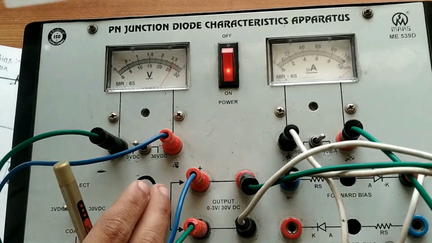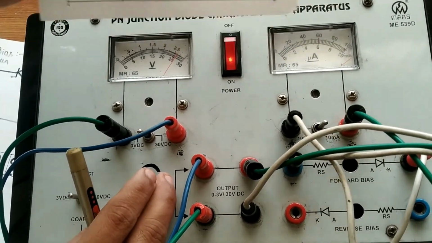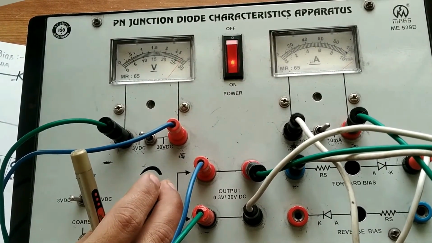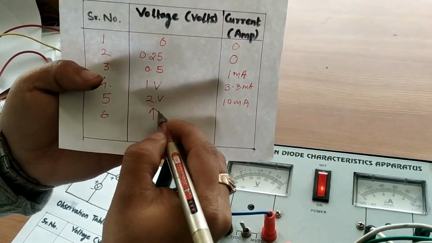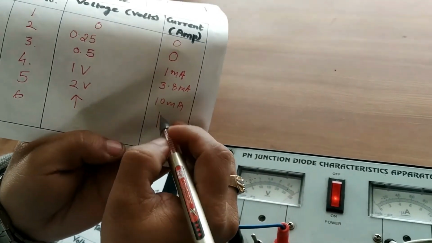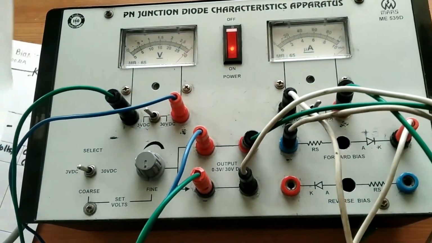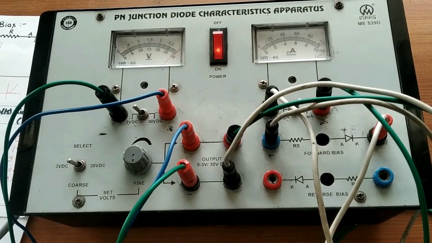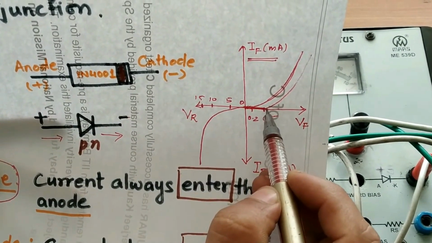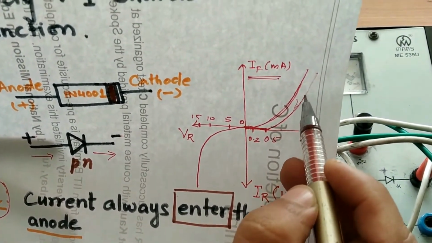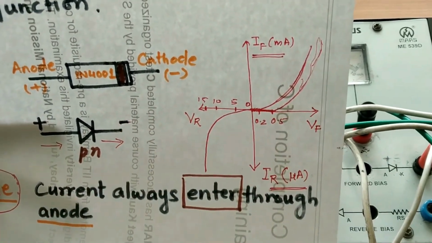Now if I increase it to 3 volt, you can see that we have not got a further reading. We have reached the maximum limit of the ammeter. As soon as we increase the voltage beyond 2 volt, the current starts increasing suddenly. If you have seen the characteristic of a diode which I have drawn here, first the current was slowly increasing, and then suddenly the current starts increasing. So this is what we have verified with the help of forward bias.